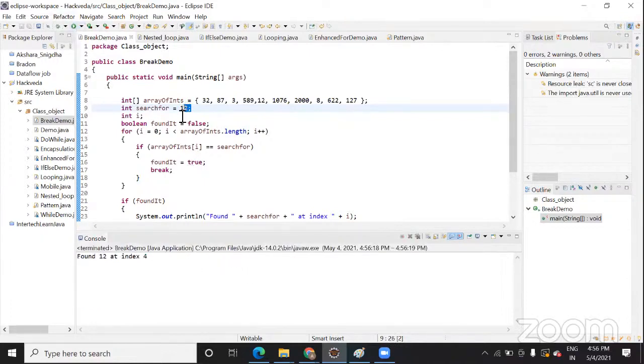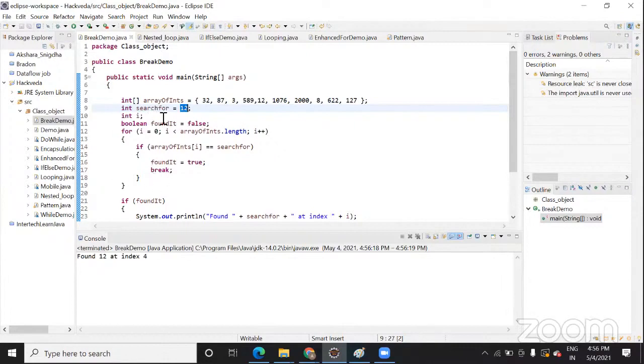So it is showing you the index of that. Here I am just checking the length of my array, and based on that I'm checking every array element with my search value. Suppose we search for the value 12 here. It will check every array index. Suppose index 0, which element is present at index 0? 32. Is 32 equal to 12? No. Correct. So it won't come inside.